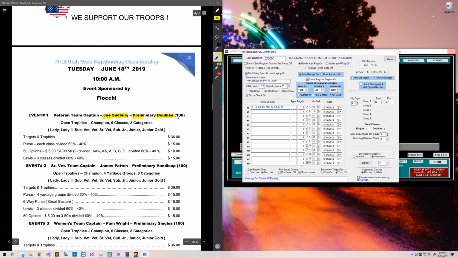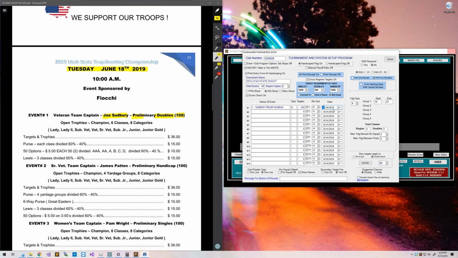This is a 100 target event, so I'm going to set the targets to 100, and it is a doubles event. And then I need to set the date, and so these events are going to happen on June 18th, 2019. So I'll come down here to this drop down box, go back to June, set it up to be June 18th,